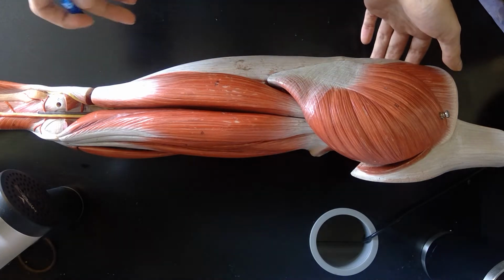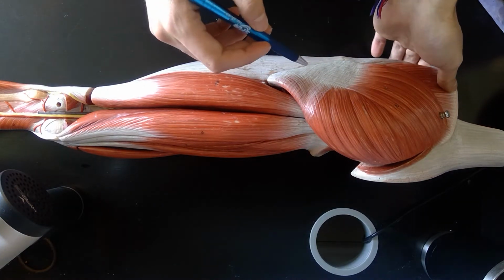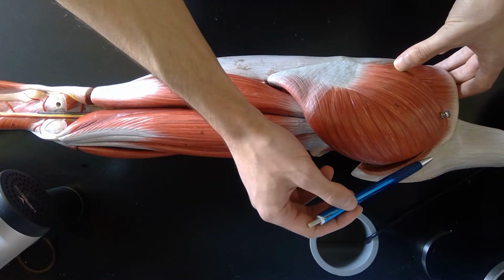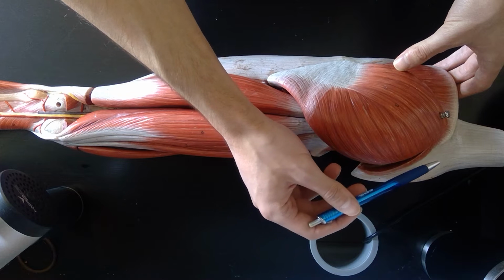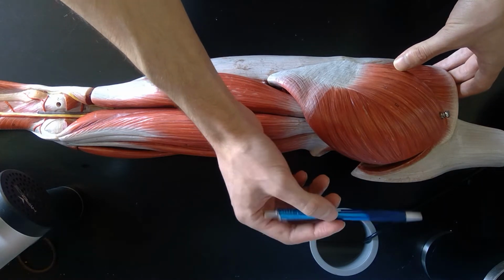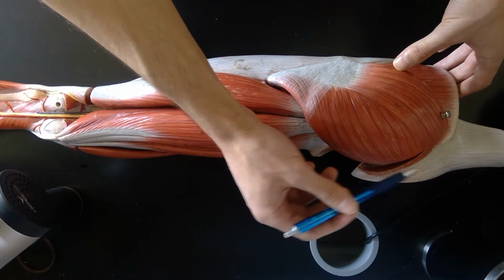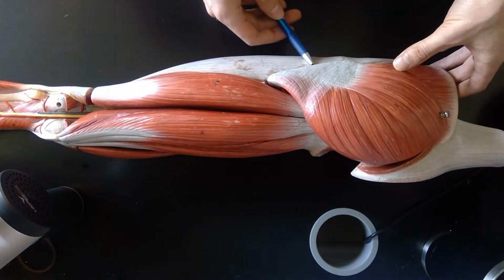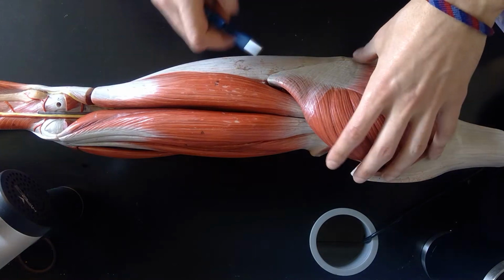So our first muscle we're going to start off with is the most superficial in the hip, and it's actually the Gluteus Maximus. And we can tell which gluteus muscle we're looking at by looking at the origin and insertion of the muscle. So I know this is Maximus just based off of the origin here on the sacrum, and I can see its insertion here on the IT band. So we can get rid of